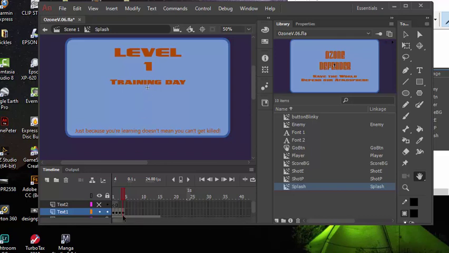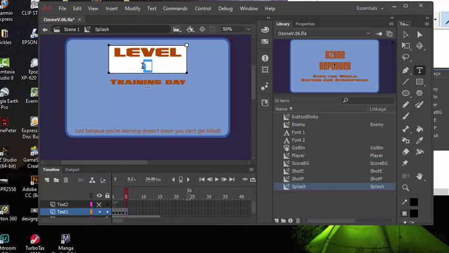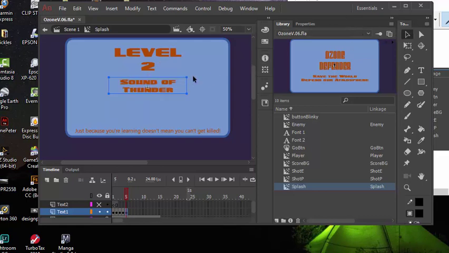And you're also going to have other layers in here, other levels. So if I push F6, it copies the previous keyframe. And now we can say, let's just change that 1 to a 2. And instead of Training Day, this might be Sound of Thunder. Somehow I got interested in using words from Pink Floyd songs to name my levels with, and now I have to figure out why I would do that and how that works. So Sound of Thunder can do like this, and I can center it using the Align